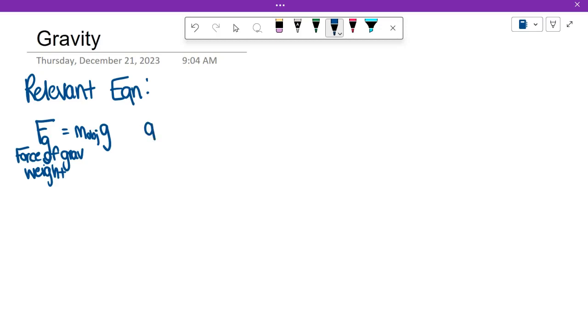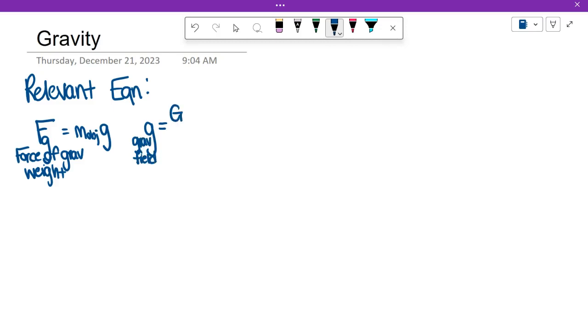And in class, we talked about how we can calculate that gravitational field, because it is going to vary depending upon what planet we're on, and not only that, but where we are on the planet, right? So that gravitational field